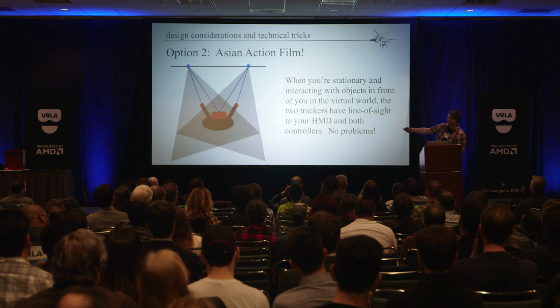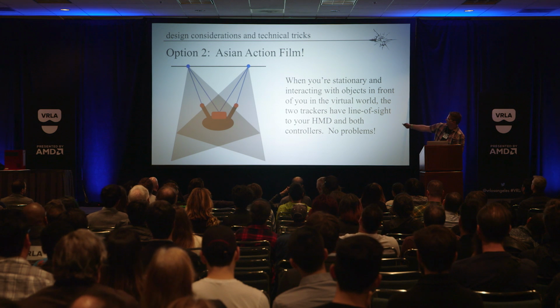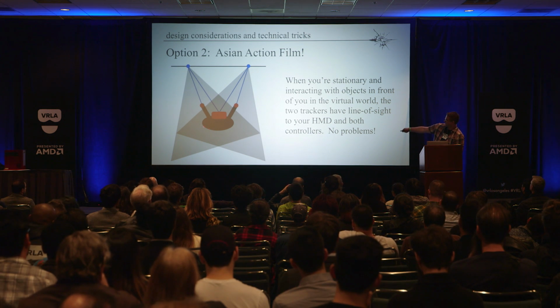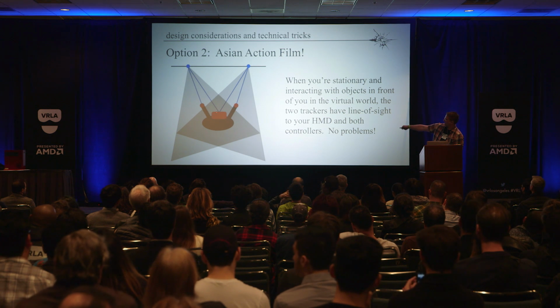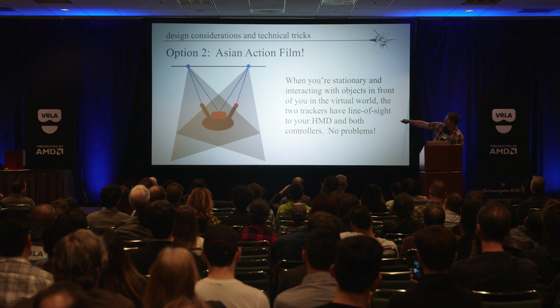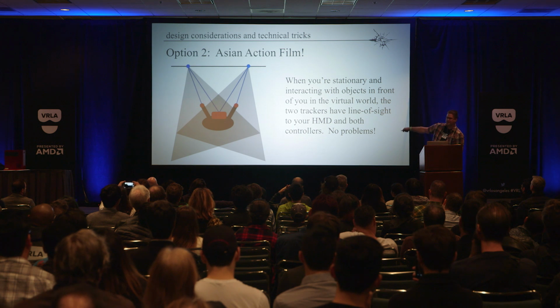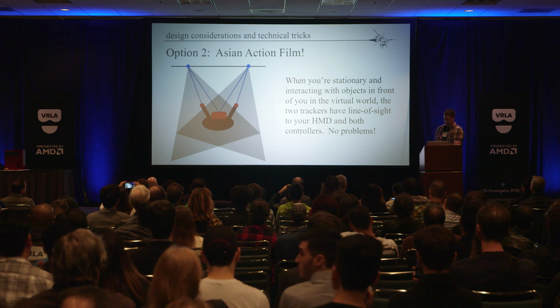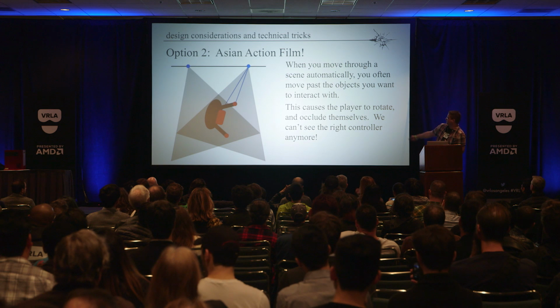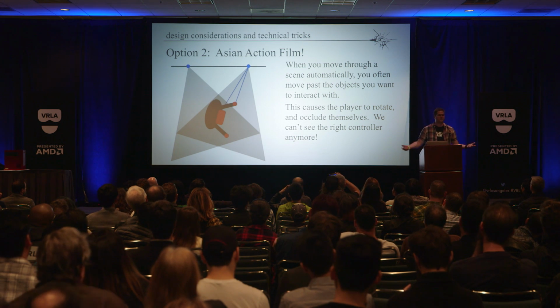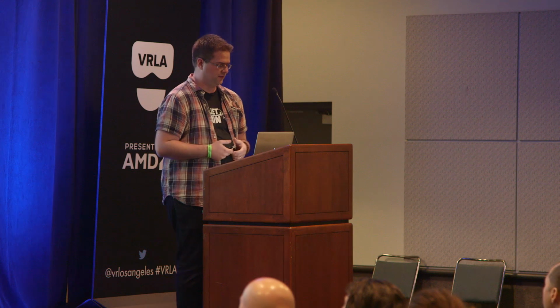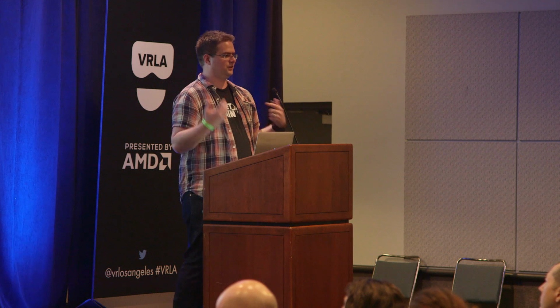And that presents a problem with the tracking on the Oculus Touch. If you look at this diagram, imagine this is the wall, this is the player, he's had a little too many Doritos, so he's a little tubby. He's got his hands out here with the motion controllers and his headset there. As long as these blue trackers have line of sight to all those things, they can be tracked. But as soon as you lose line of sight, like when you move, suddenly this motion controller in the right hand can no longer be seen by the trackers, and that means you lose tracking. And one of the biggest things you can do to break immersion with these motion controllers is to lose tracking, right?